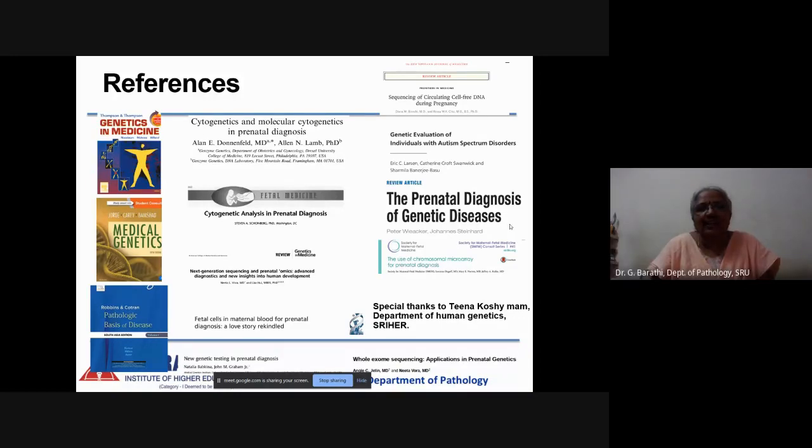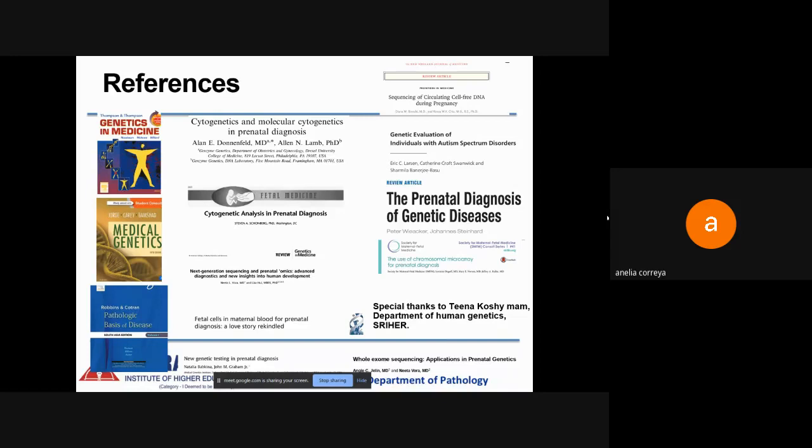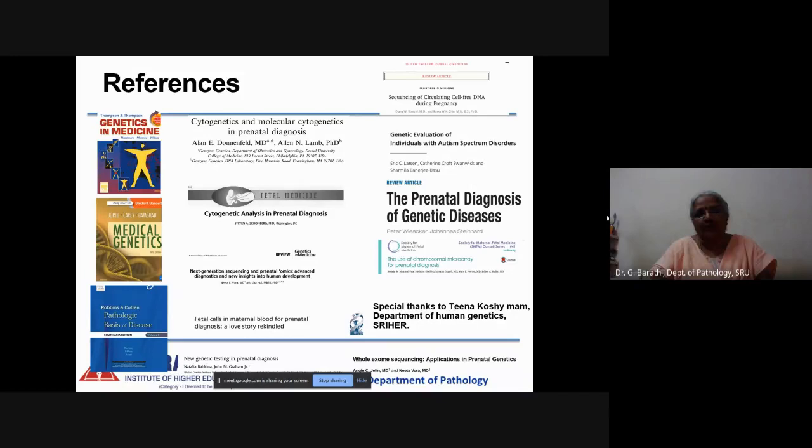What are the tests that are carried out in our institute? Did you ask the genetics people? What are all the tests that can be done in our institute? Yes, ma'am. We do karyotyping here. FISH is done. MLPA is also done. Then next generation sequencing is done, but southern blotting is not done because next generation sequencing has overtaken that.